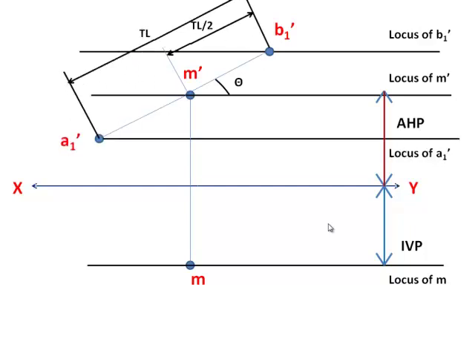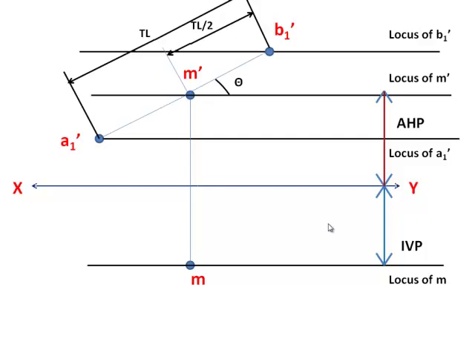Now you mark, instead of A dash, it is A1 dash. Why I am giving A dash, A1 dash, I will tell you. In previous cases we gave A dash, but here I am giving A1 dash. That means you have to know that A dash and A1 dash come in different places. Do you understand up to this?